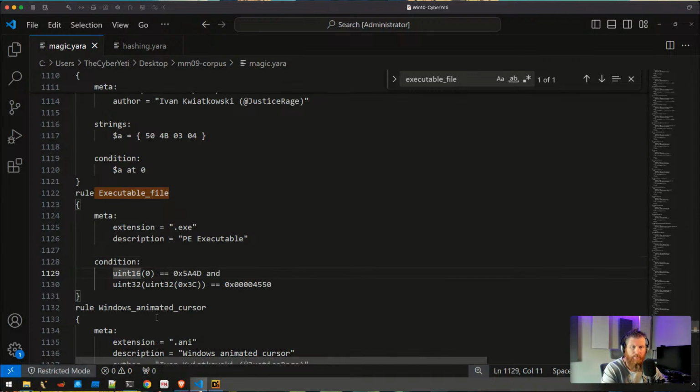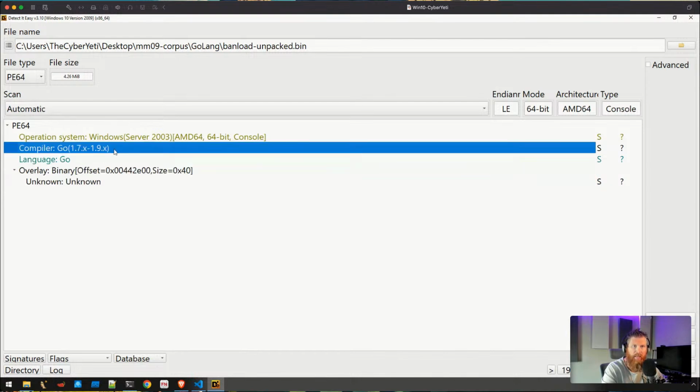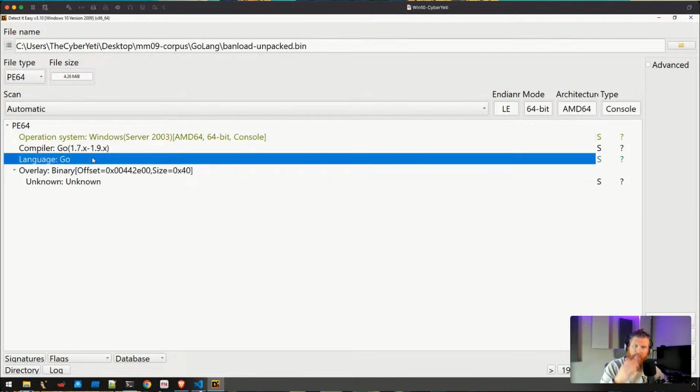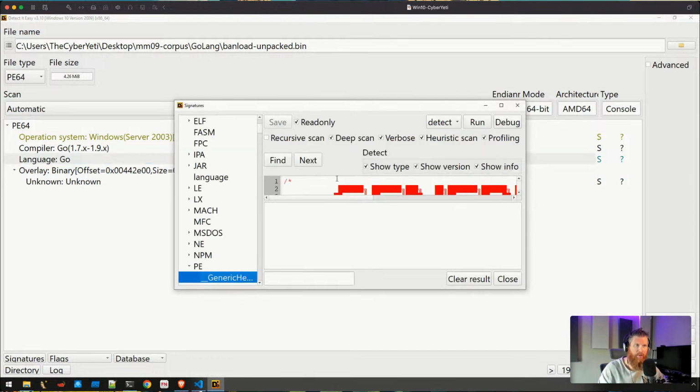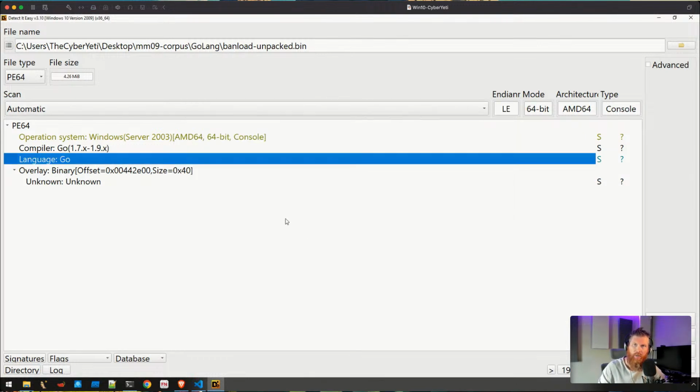All right, so using a tool like Die, that's oftentimes the place where I begin, because I get not only the file type, but also this additional insight into the binary. If you're curious how it detected that, look at the signatures tab. That'll tell you exactly how it's doing it. If you have trouble interpreting a signature, try debugging it, because then you can actually step through the logic as it matches your file.